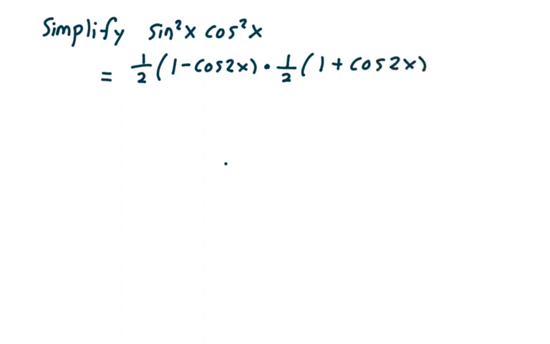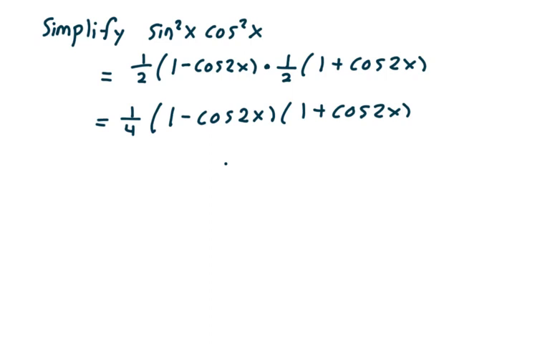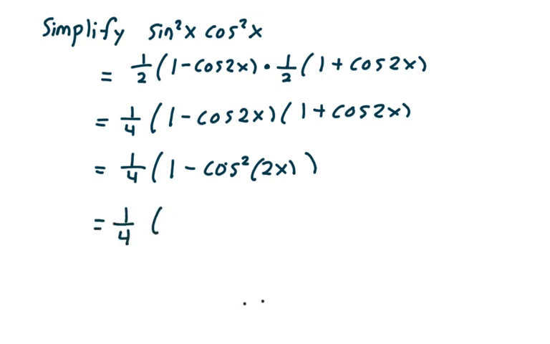But 1/2 times 1/2 is 1/4. So we get 1/4 times 1 minus cosine 2x times 1 plus cosine 2x. But this is 1/4 of 1 minus cosine squared of 2x. But what we really need to know is that that's equal to 1/4 times sine squared of 2x. Okay, now,